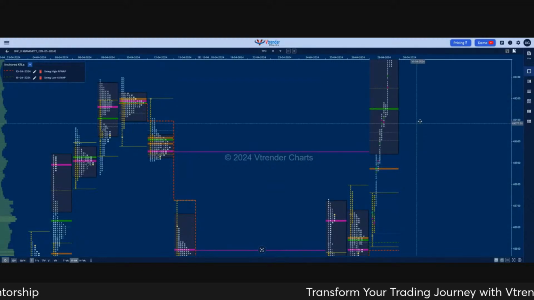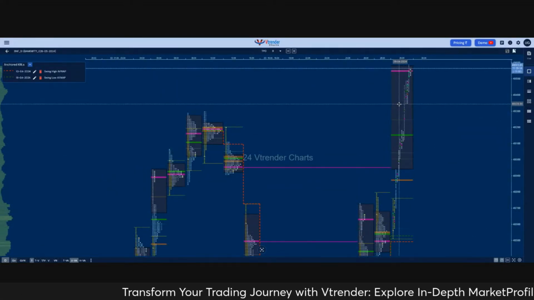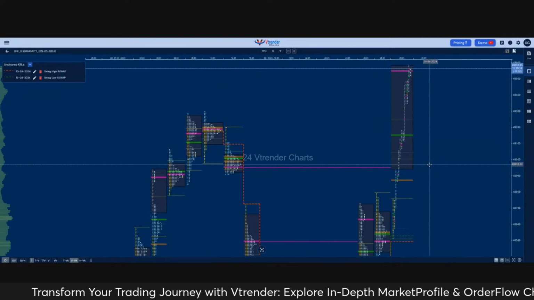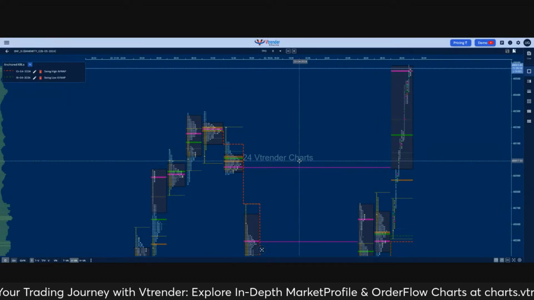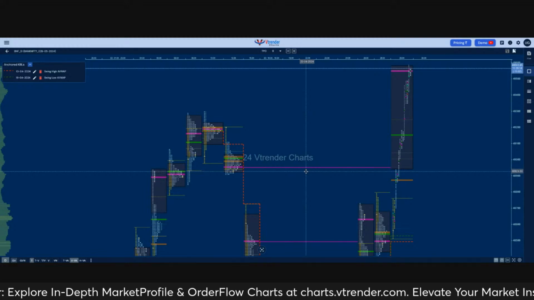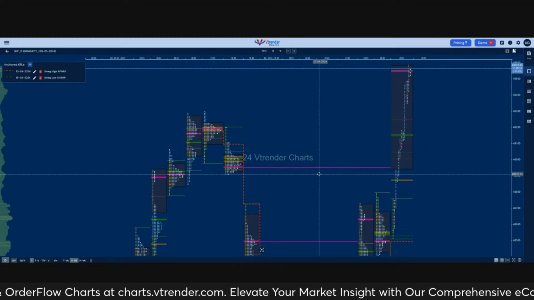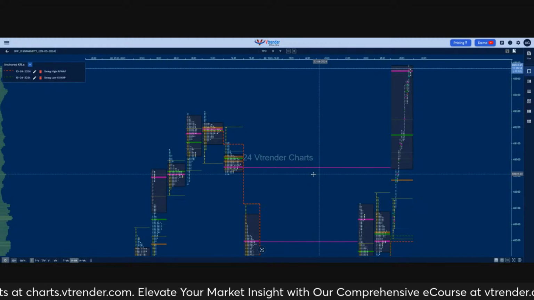Today's profile was an elongated 1,000 point plus day. So we have a lot of footprints left in the Bank Nifty profile chart. Just like Nifty, we are above all the three monthly references. So definitely we are bullish for this month. And a quick look at the order flow chart will show us